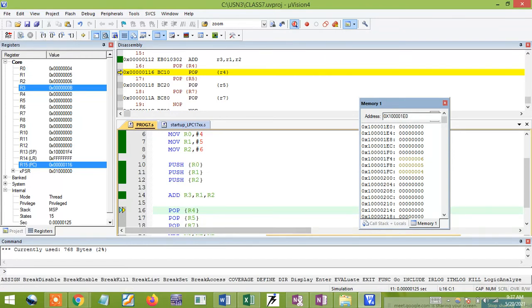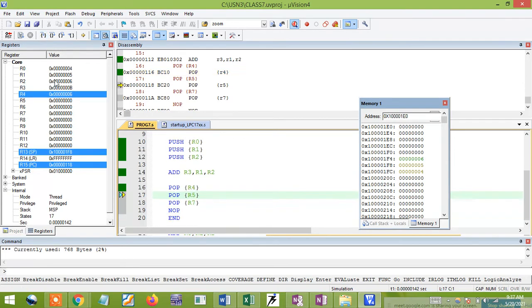Now you can see the stack pointer is present at address 1F4. First I need to copy the 1F4 content, that is 6, to the R4 register. R4 register is 0 now. 6 needs to come to the R4 register. Check it out. See, 6 comes here. My stack pointer is incremented. You can see 1F4 becomes 1F8. You can differentiate by color; it is green.